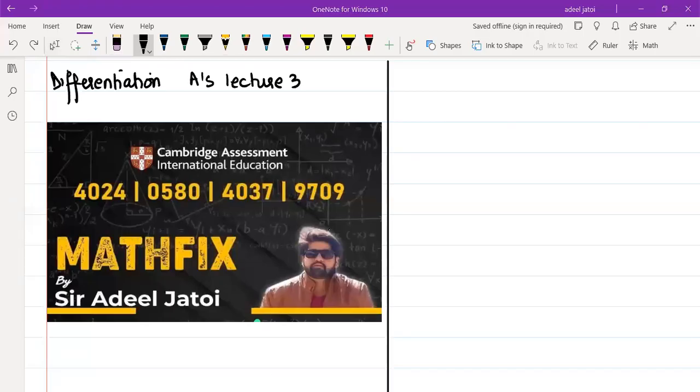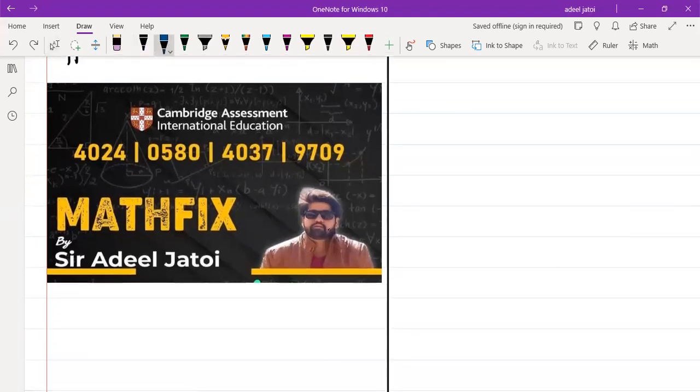Okay, differentiation AS lecture 3. We have already covered what is differentiation and how the question will be tested by the examiner in lecture number 1. We covered the rules that are used for the derivative in lecture 2. Today we will be working on stationary